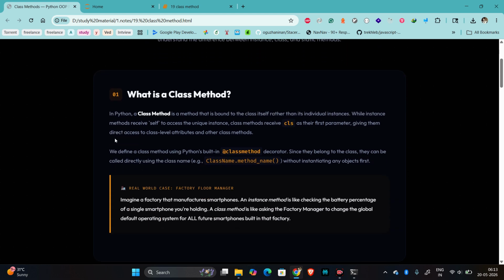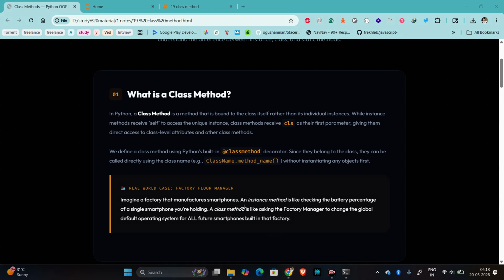So what is class method? In Python, a class method is a method that is bound to the class itself rather than the individual instance. While instance methods receive self to access the unique instance, class methods receive cls as the first argument, giving them direct access to the class attributes and other class methods. And class method is only